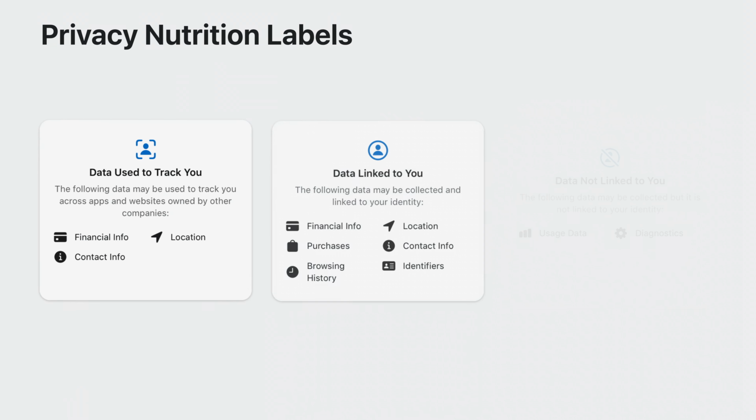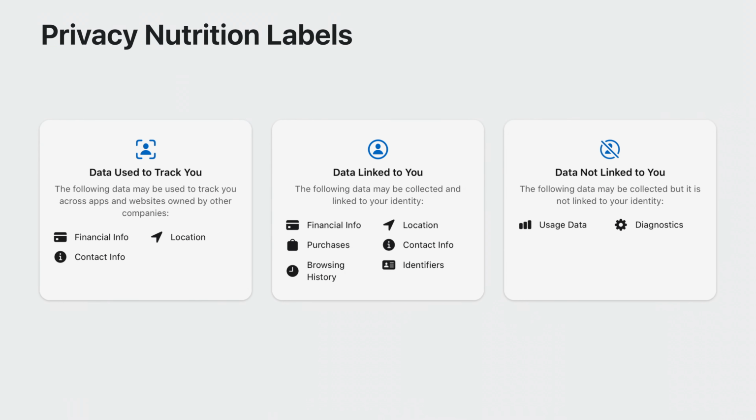This is because the apps you build are integral parts of people's lives. There are many apps to choose from. And as a refresher, privacy nutrition labels help people learn more about how your apps collect and use their data. People often want to know, what are the categories of data that apps collect about them? Is data used to track them? Is data linked to them? Privacy nutrition labels demonstrate the great privacy work that you've done in your apps, and they give people the information they need to make great choices.